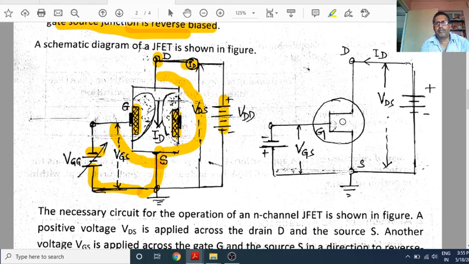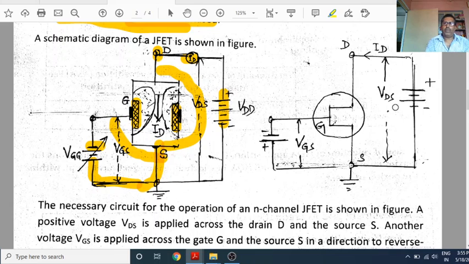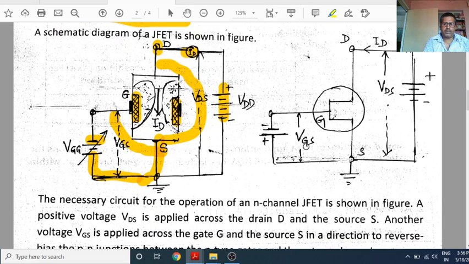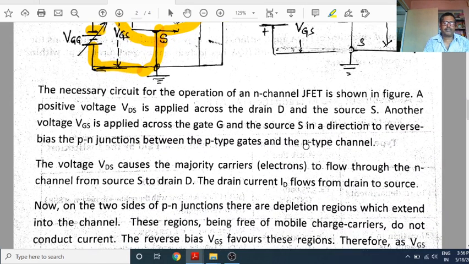This is the diagram: VGS, voltage between gate and source; VDS, voltage between drain and source. We will apply voltage at the gate, and VGS is changed. Depending upon the situation, we will discuss.